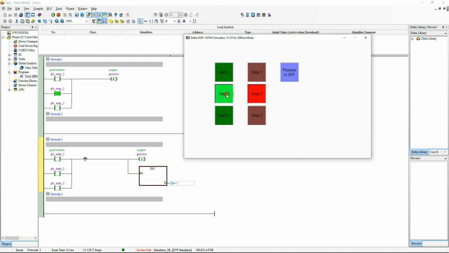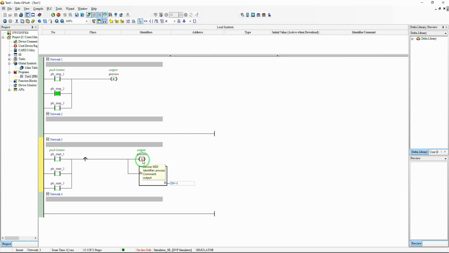See? That means our output was set to on state for one PLC cycle. Our scan time is 0.2 milliseconds, so it's a very short time, but if this were a physical output, we would get a very short pulse on this output, and it is not safe if we have priority for reset. So this is why I tell you,